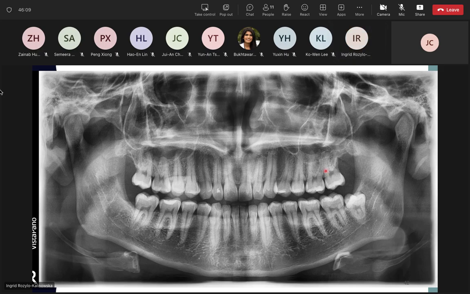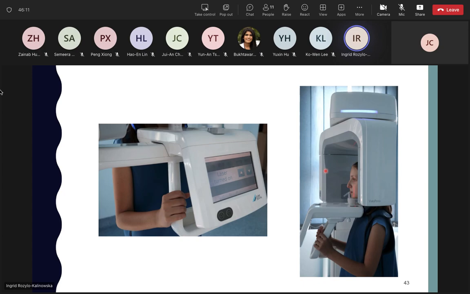And now let's have a look at positioning for panoramic radiography. So when you invite a patient for panoramic radiography, you of course first have to check the patient's credentials, then ask if it's a female. If a female is not pregnant,